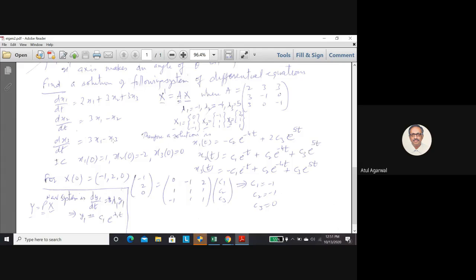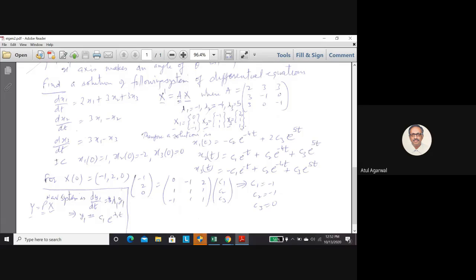You see, this equation can be written as x prime is equal to Ax. So what is your x? x1, x2, x3. x prime is the derivatives. So x prime is equal to this Ax. A is nothing but 2, 3, 3, 3, minus 1, 0, 3, 0, minus 1. Vijendra Prasad, do you see what I did? I wrote these three equations in this matrix form. Okay. Now I will find the eigenvalues of this matrix A. So it has three different eigenvalues. Correspondingly, I will find eigenvectors.